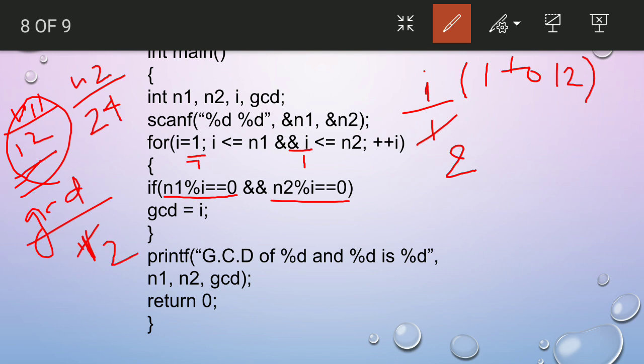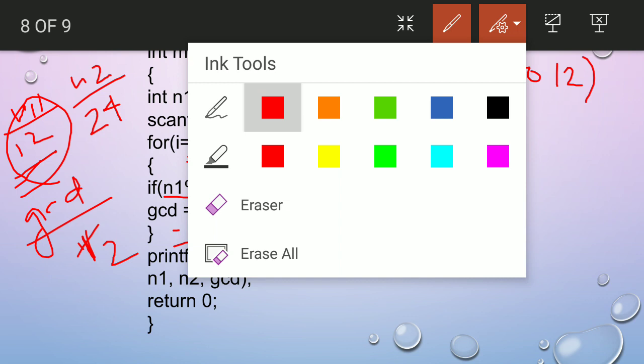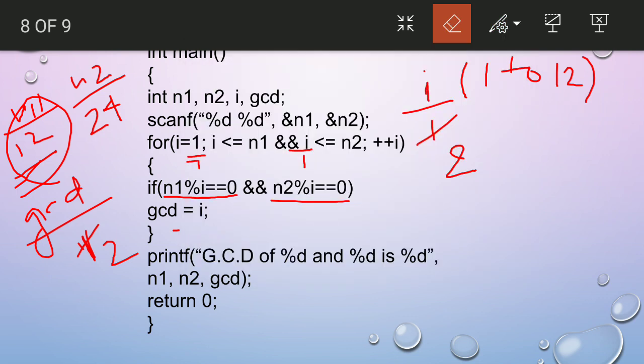Okay, here it is not double equals. Double equals is for checking the equality. Single equals means assignment. Now here the assignment is taking place. So here we are taking the assignments.